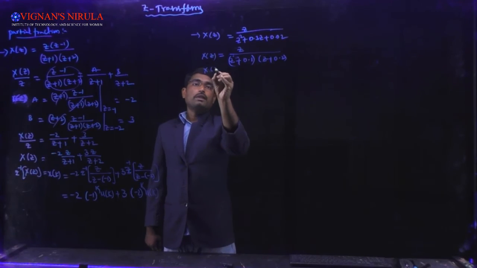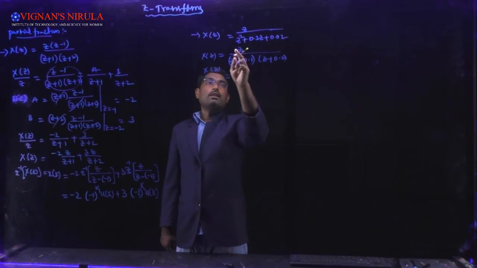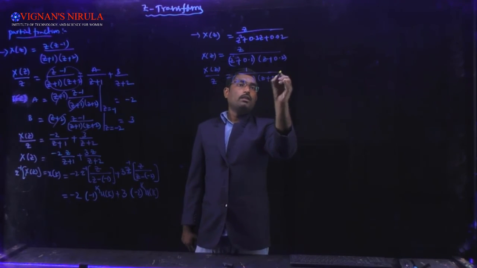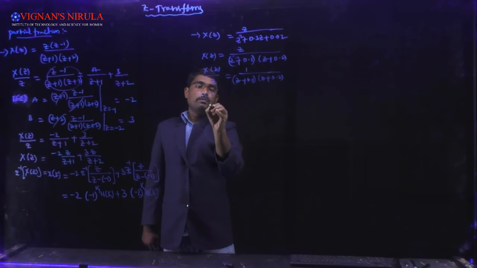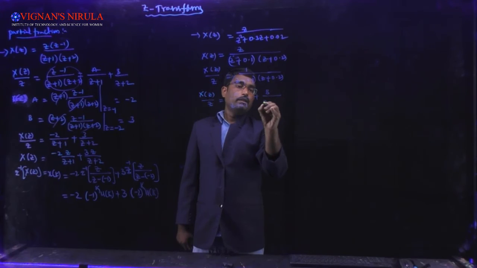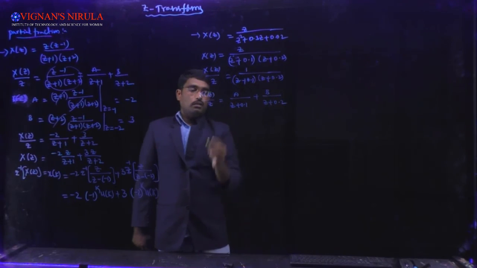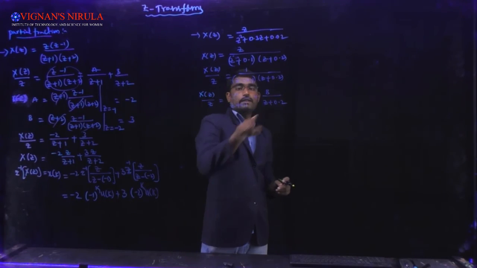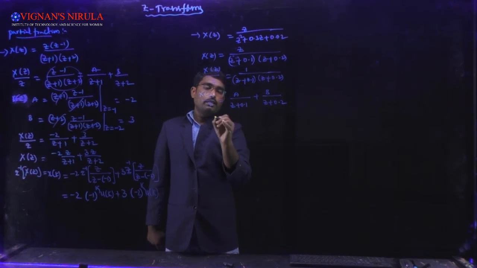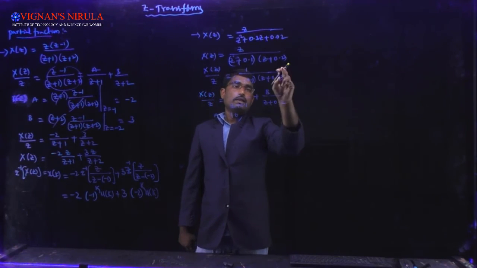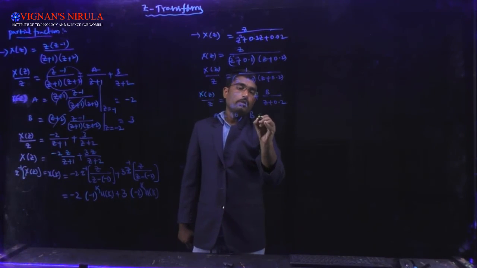But we need to obtain the partial fractions for X(z)/z. For that reason, I am bringing this z to the left side. Now it is 1/((z + 0.1)(z + 0.2)). Now X(z)/z = A/(z + 0.1) + B/(z + 0.2). Similarly, A = (z + 0.1) times this total function at z = -0.1, and you will be getting A as 10. B = (z + 0.2) times this total function at z = -0.2, and you will be getting B as -10.